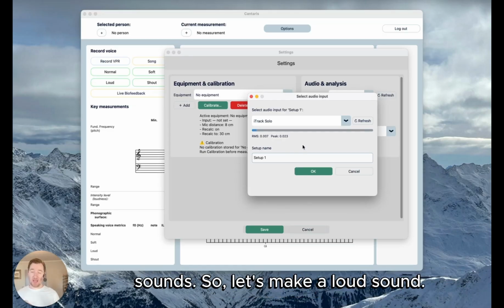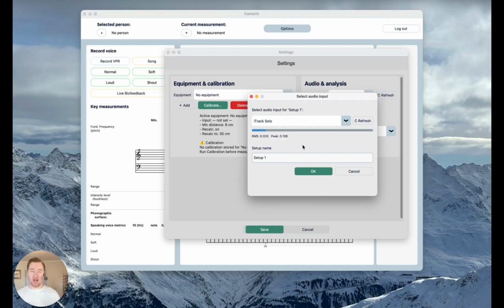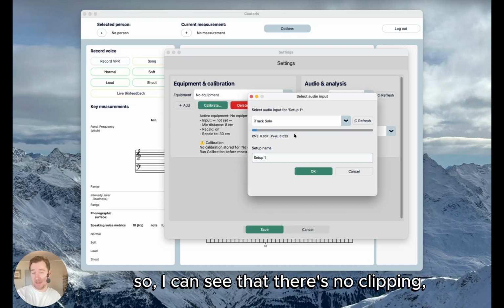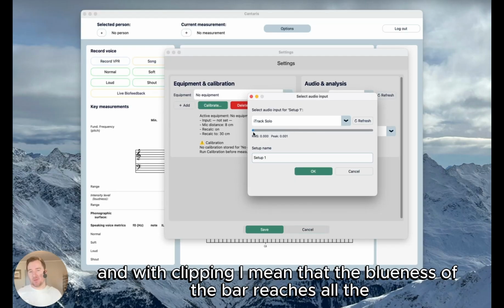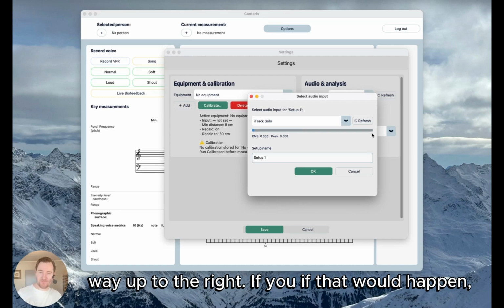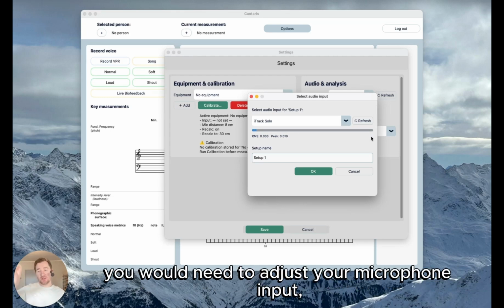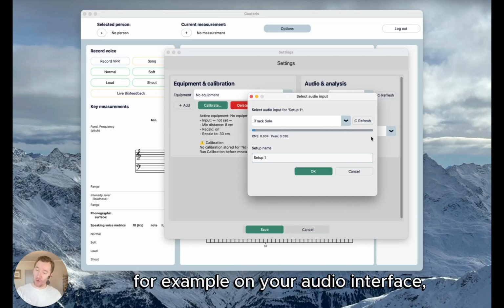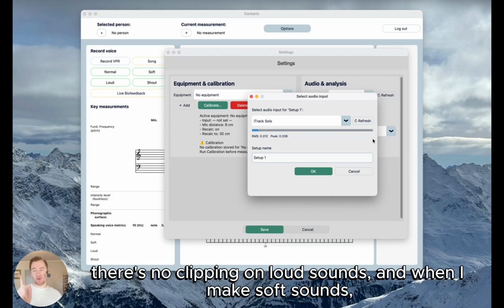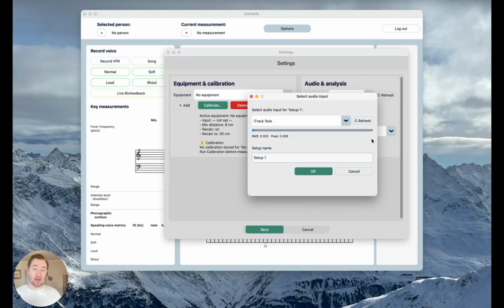So let's make a loud sound. Alright, so I can see that there's no clipping. And with clipping, I mean that the blueness of the bar reaches all the way up to the right. If that would happen, you would need to adjust your microphone input, for example on your audio interface, a little bit downward. So there's no clipping on loud sounds, and when I make soft sounds,